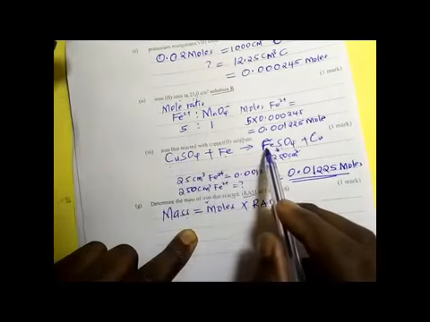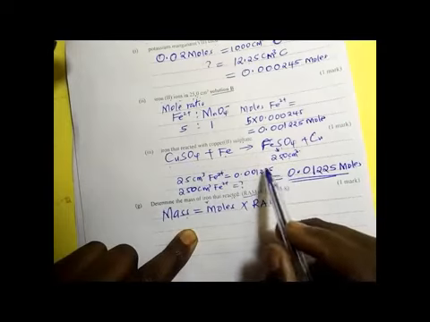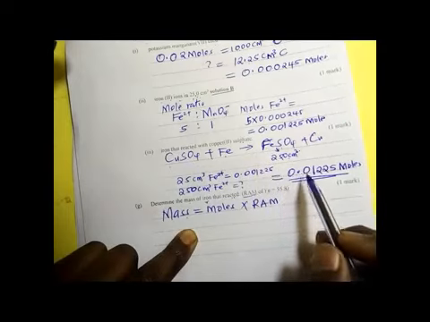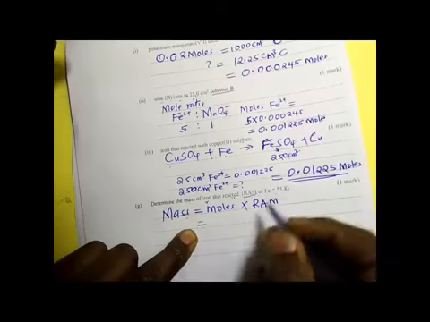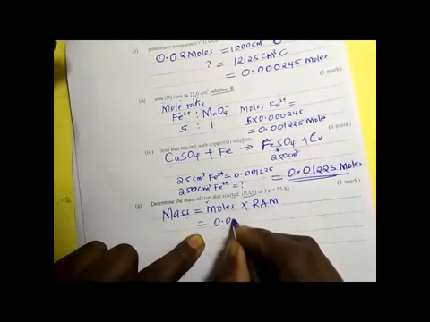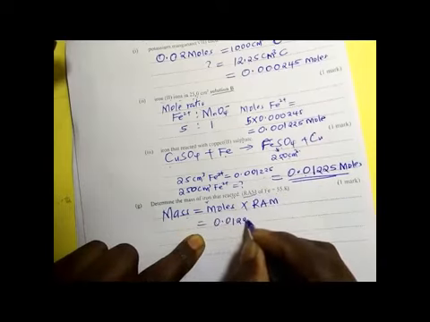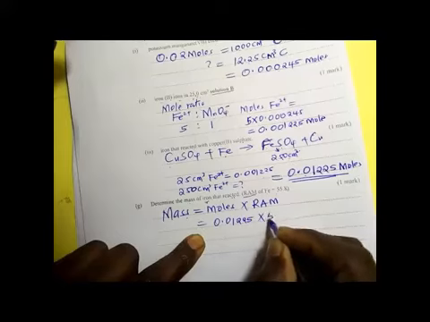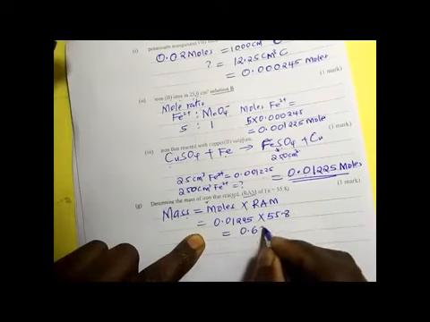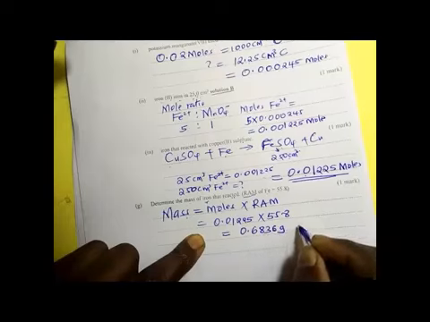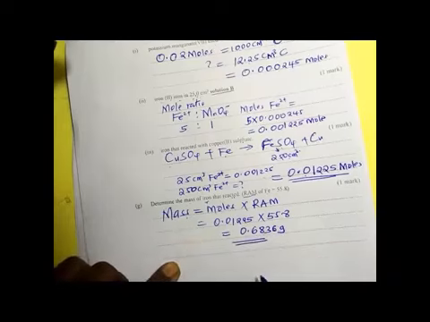We have the RAM of the iron as 55.8, and we know that mass equals moles times RAM. We have the number of moles of the iron, therefore we multiply these moles times 55.8, which will give you 0.6836 grams. That is the mass of